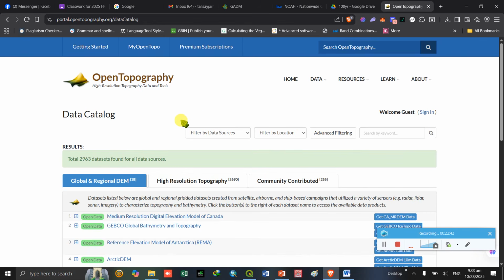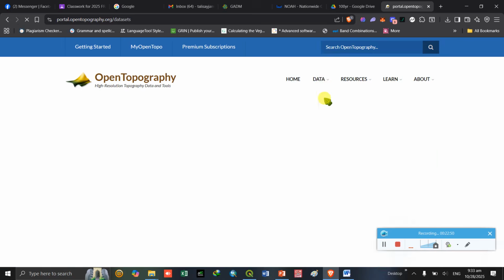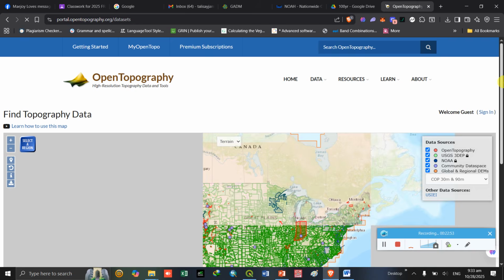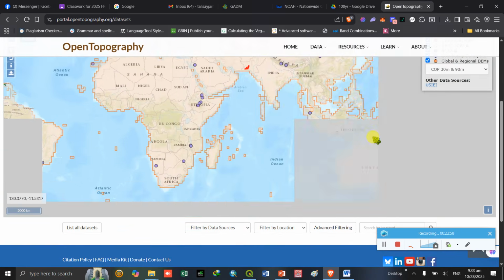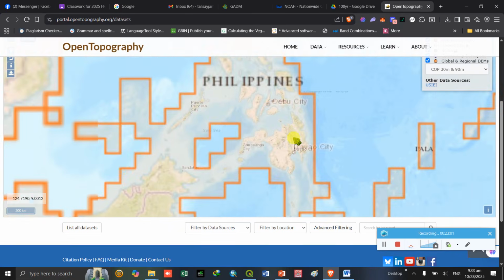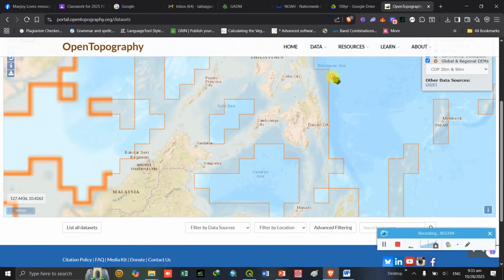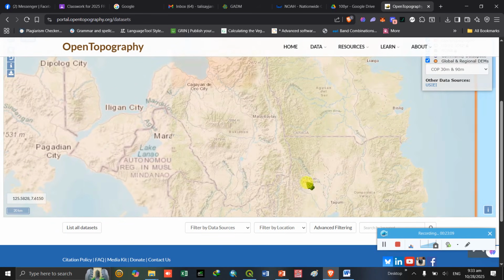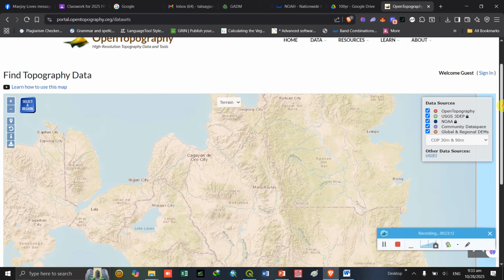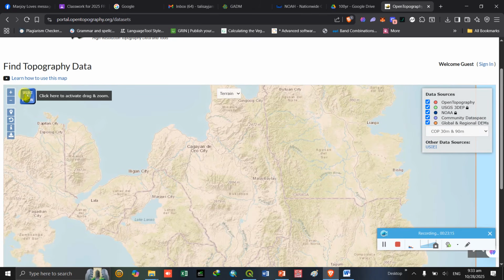And then just need to access the map, and then we will find the Philippines. If you need to download only a specific portion, say the extent of Bukidnon, I just need to use this tool or button to select a region by drawing.